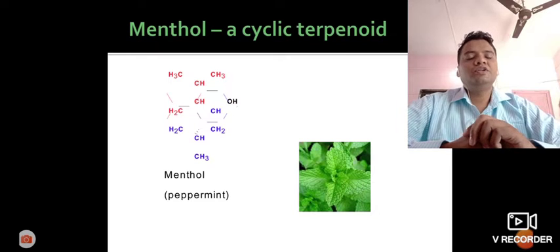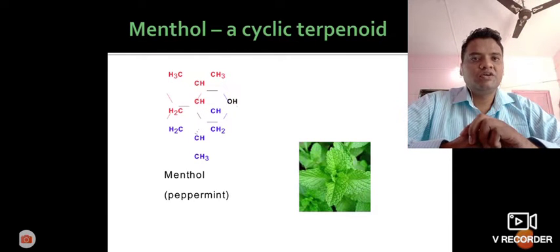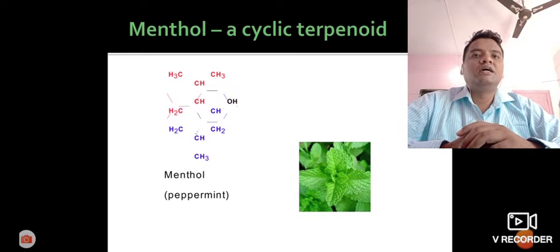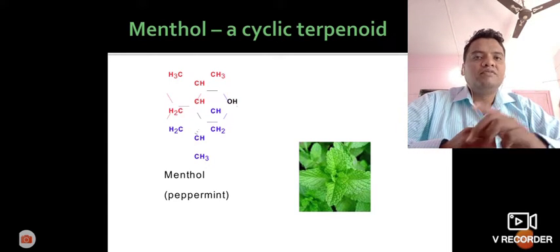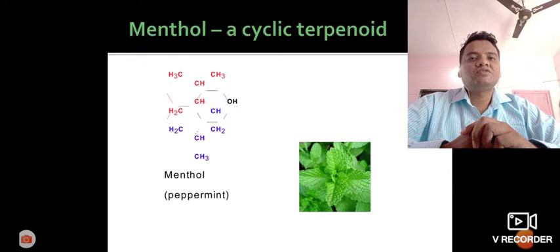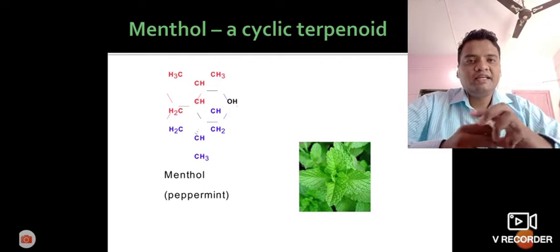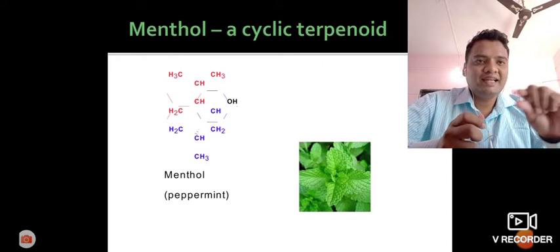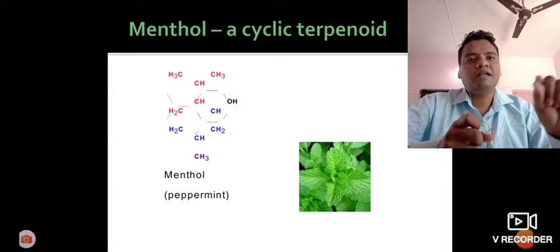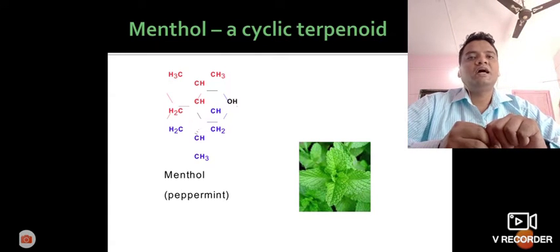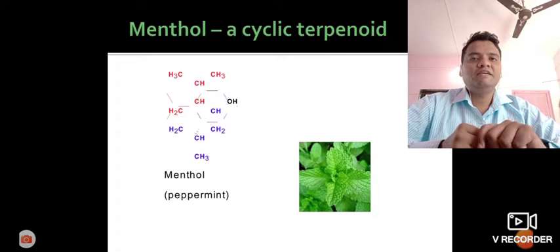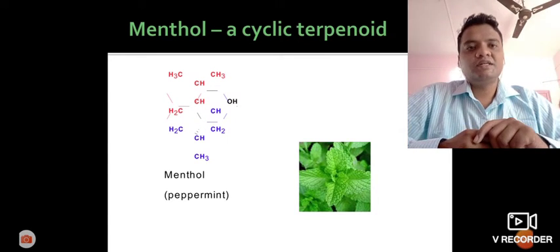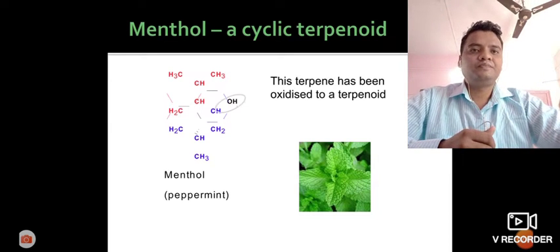Then menthol. We know the menthol structure, and the menthol plant. In India also the menthol plant is obtained. This contains oxygen as an extra element. That's why the functionality of this compound is changed, and its name suggests menthol. Its ending is -ol, that is, an alcohol group is introduced in the terpene, and there is a formation of another derivative of the terpene, that is menthol, which is used for medicinal purposes as well as in kitchen chemistry also.